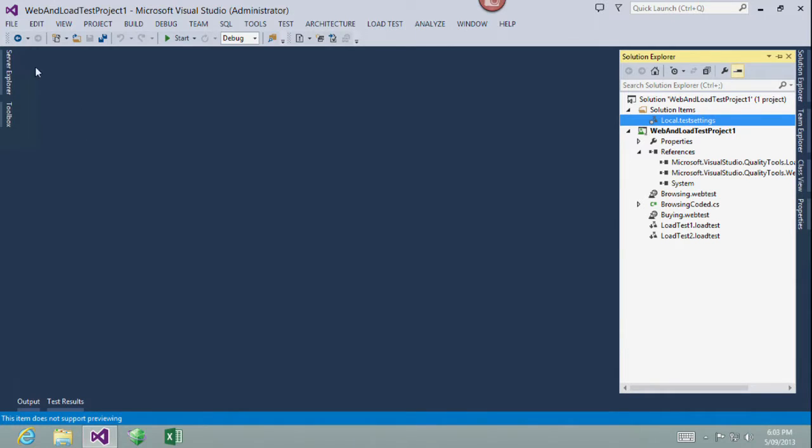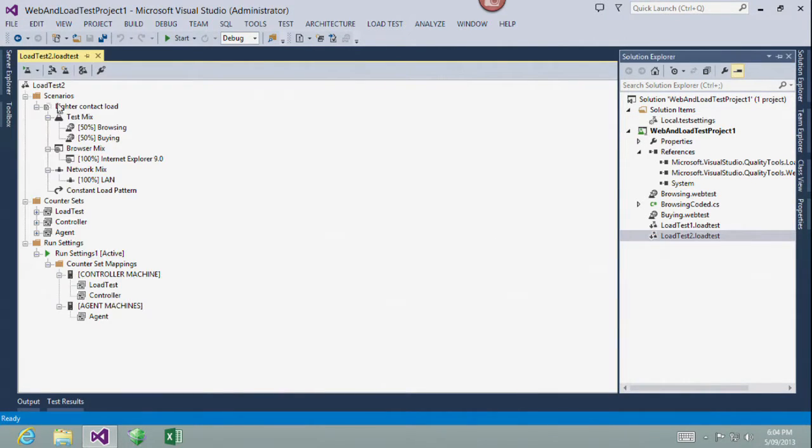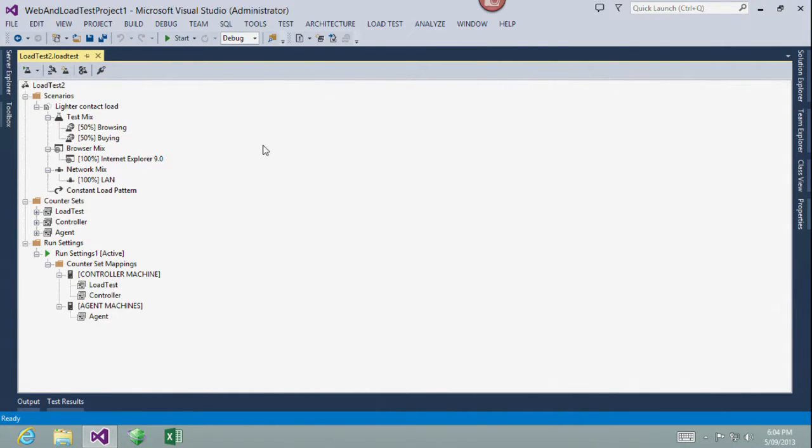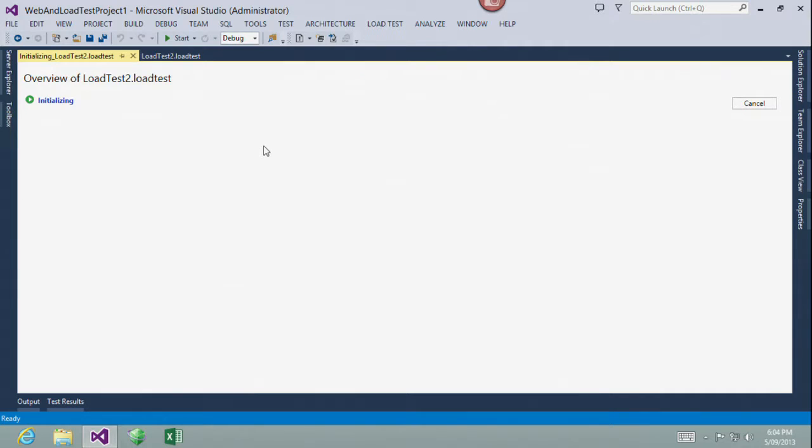Let's go and run it. So I'll go back to my load test. The experience is different. What we're going to do is go up to the cloud. We're going to send the test data up to the controller in the cloud. The controller in the cloud is going to find an agent from the available pool of agents for me. It's then going to run that load test, and I forgot to do something.